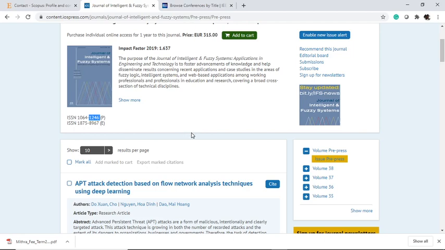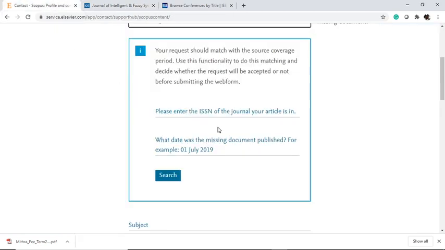Actually, SCI papers automatically come under Scopus within 2 months. That is not an issue. But if you publish in conference papers, most of the conference proceedings take more time, or sometimes they will be missing also. My suggestion is to wait up to 2 months. After that you can approach Scopus.